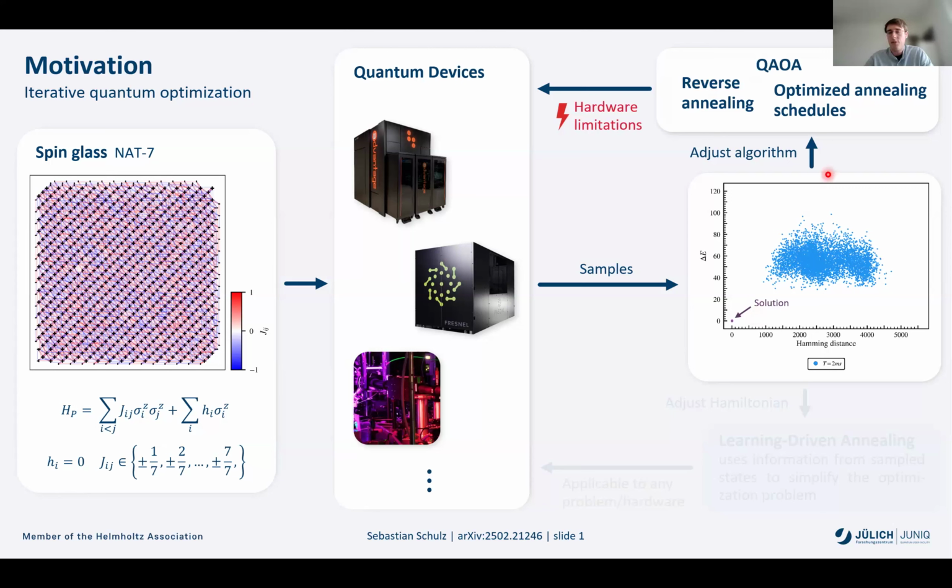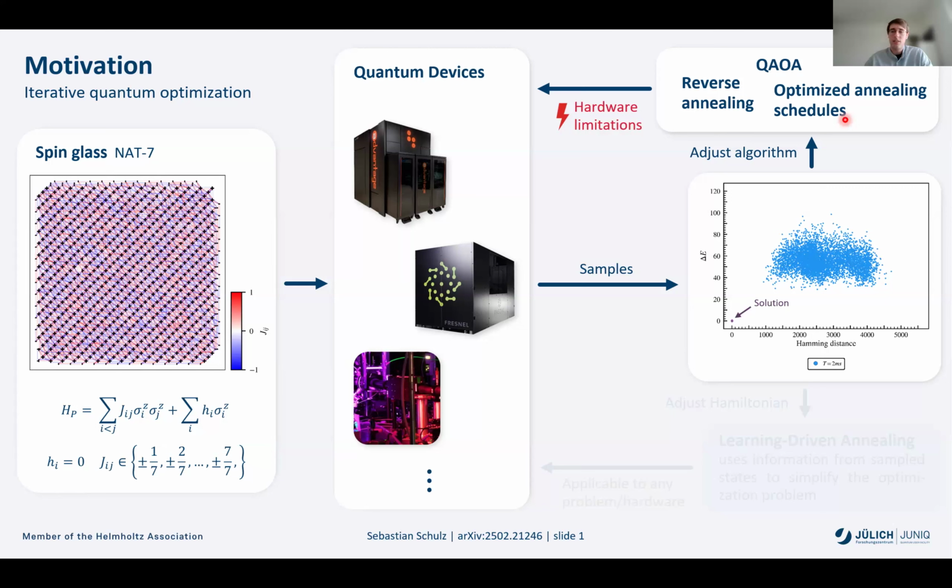A typical example of how to do this is to change the annealing schedule. So what we could do is make the annealing slower near the quantum phase transition so that we increase the probability of staying in the instantaneous ground state. In the most extreme case, we can also do something like QA, where we have full control over the driver and the problem Hamiltonian. But when it comes to implementation, we're very limited by what the hardware actually